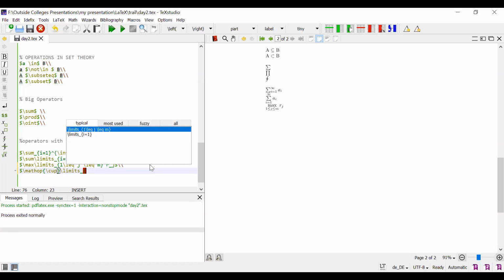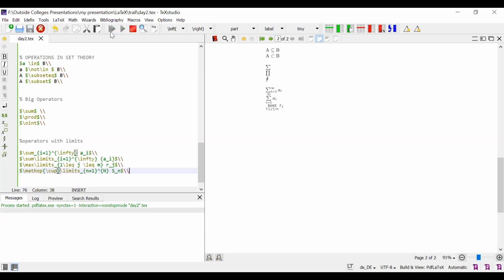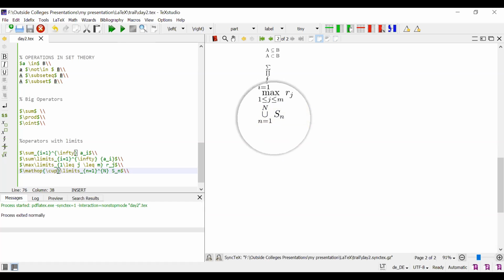Now the subscript is n equals 1 and the superscript is capital N, and our thing to connect is S suffix n. Again I check this, open this, okay, this is correct. See this, union of S_n, n runs from 1 to capital N.